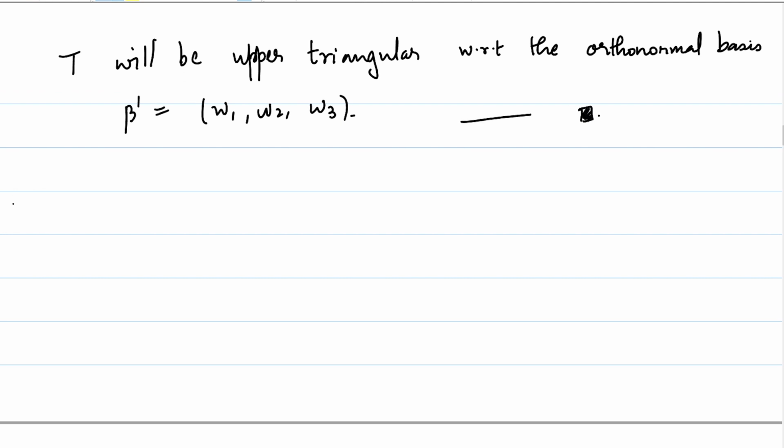I would like to give you an exercise here at this point of time, which was already in some sense covered in the digression that we did just a few minutes back. Check that. So let's get back to the setup: let V be a finite dimensional inner product space.